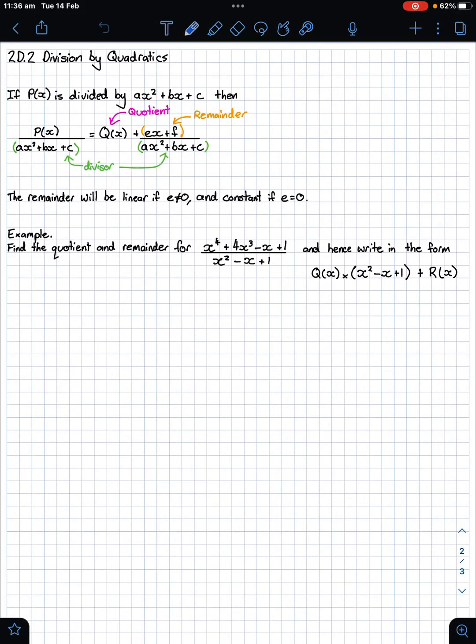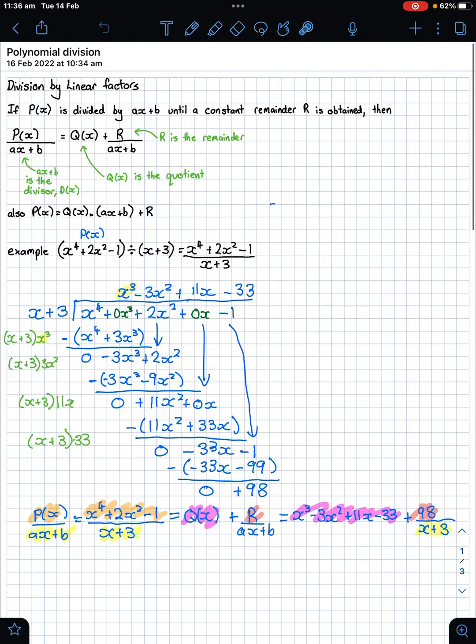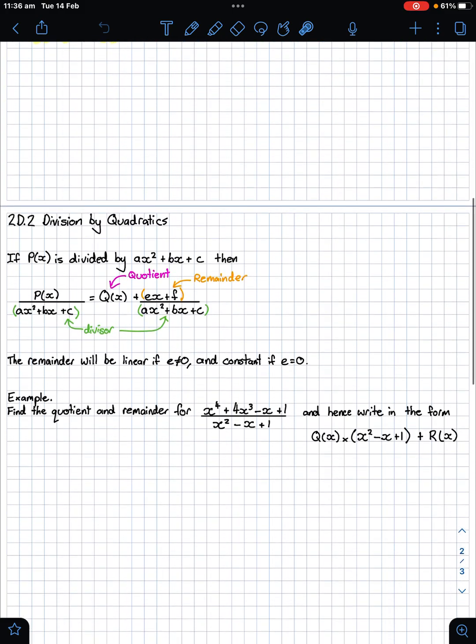All right, so previously we've looked at polynomial division, but we've looked at dividing by a linear factor. We're now looking at division by quadratics. So if we have a polynomial p(x) and it's divided by a quadratic, this is just a general form, ax squared plus bx plus c,